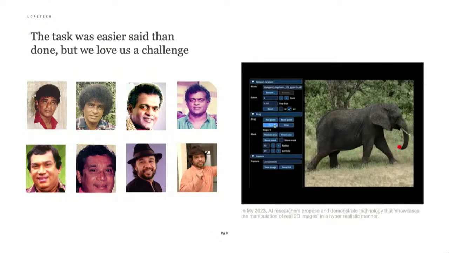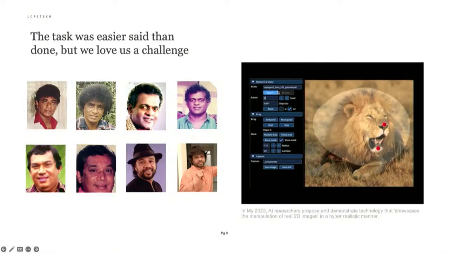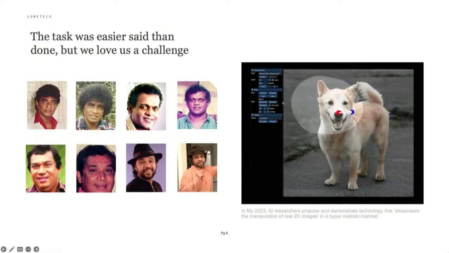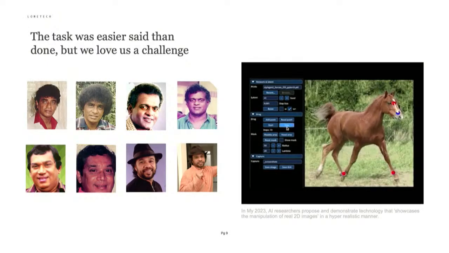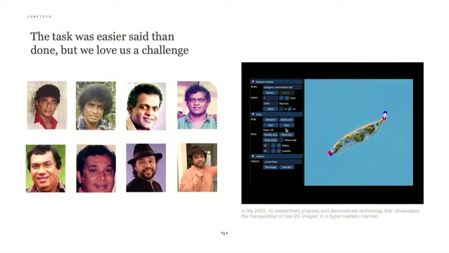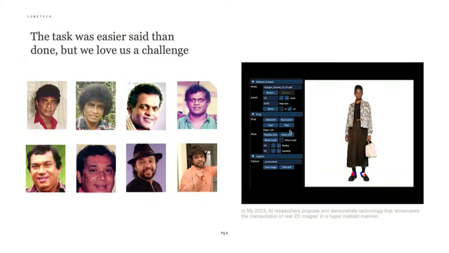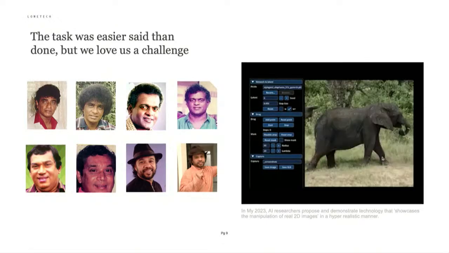Let me go back a slide, sorry. What you see on the right is really niche research that was actually happening in the US at the time. It's a really neat way of taking a single image and using AI to tell you what that image would look like from slightly different angles. You can't go too crazy, but